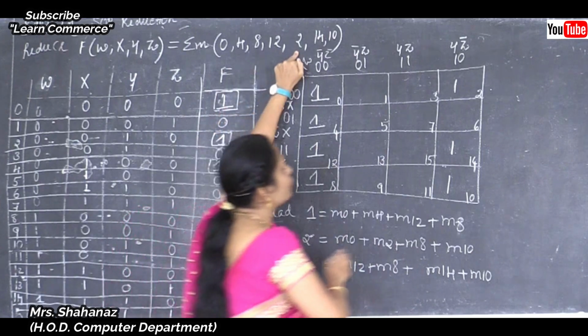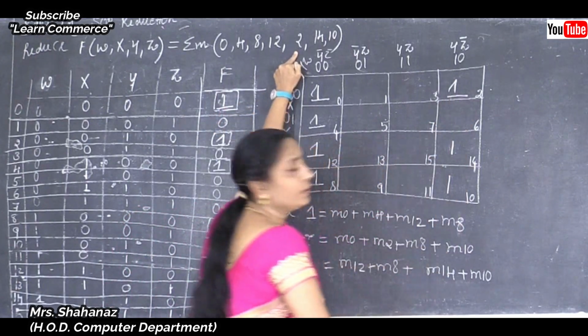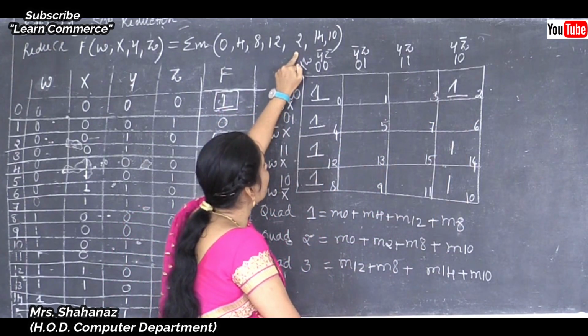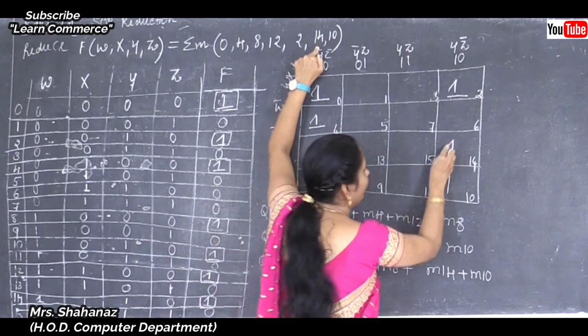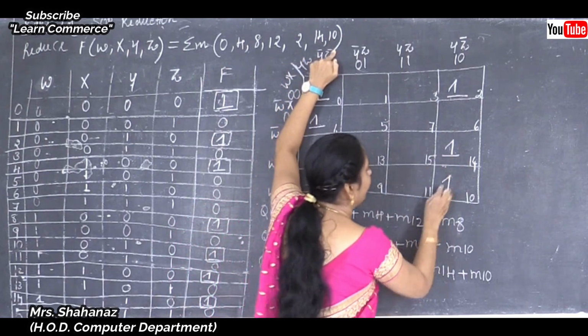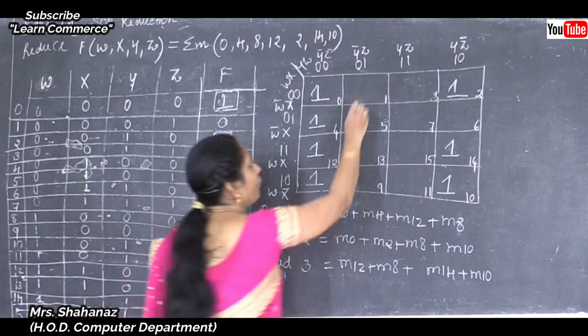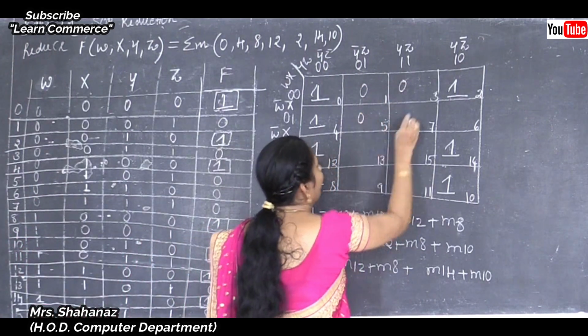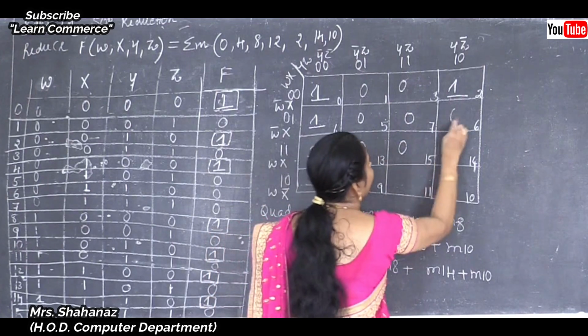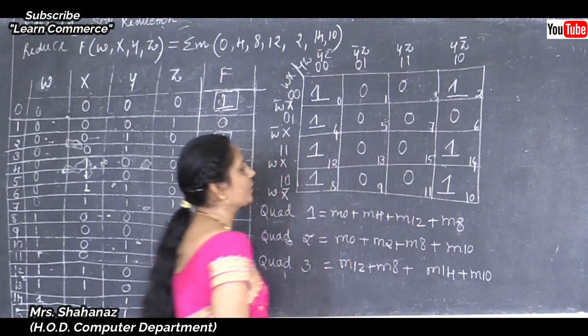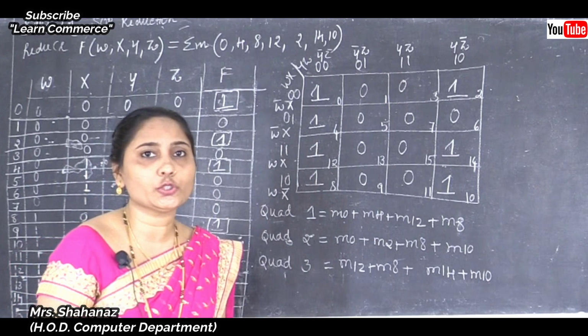Okay. Now 2, in place of the number 2, value 1, 14, value 1, and 10, the value 1. And we know that in the rest of the cells, how are we going to take the value? So, the 0 value we need to take. Clear this point here? The 0 value we need to take here.